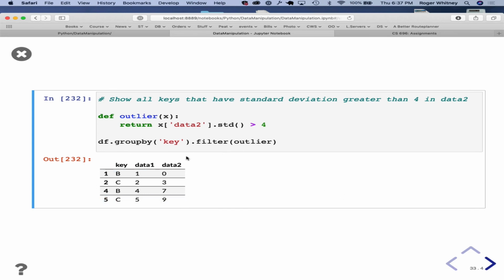Here we're not getting all the values, right? Any other questions?